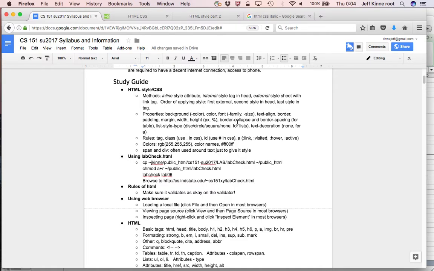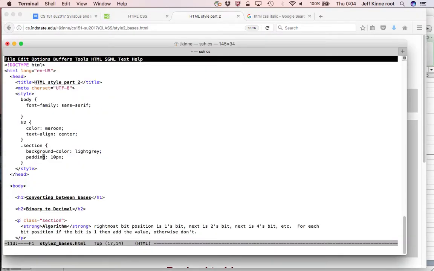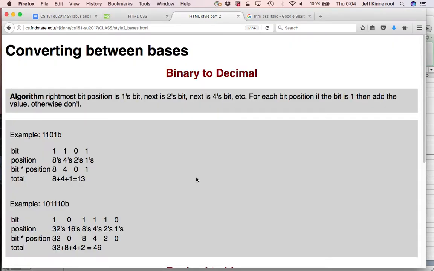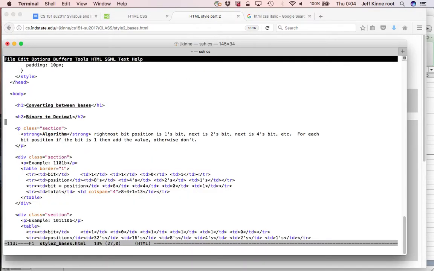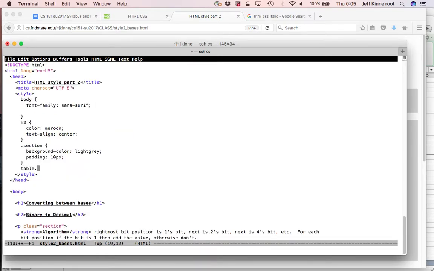So for a table, there's border collapse and border spacing. Why don't we put a border on the table? Table, and then we would say border equal 1. So that puts a border around every cell. The border collapse, why don't I call this a table, and I'll give it a class, which I'll call an example class. So any table that is an example,